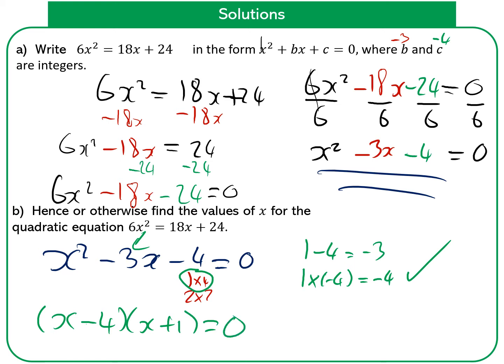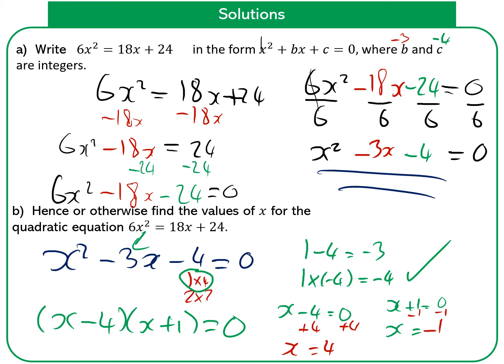Finally, I need to solve to find the values of x. So I've got x minus 4 equals 0. The opposite of minus 4 is to add 4. So one solution I've got is x is equal to 4. My other solution, I need x plus 1 equals 0. Opposite of plus 1 is minus 1. So my other solution is x is equal to